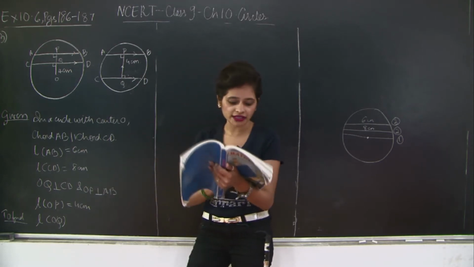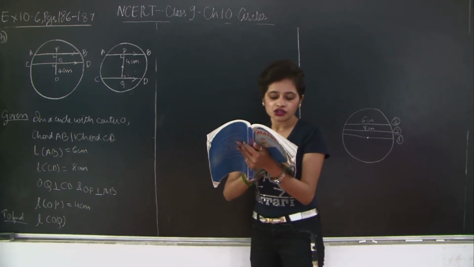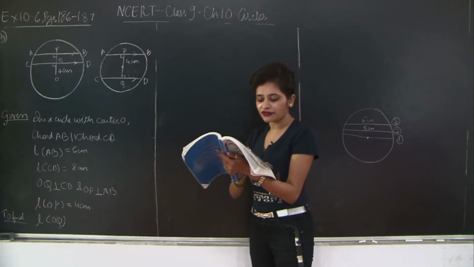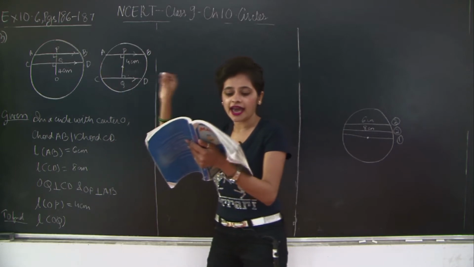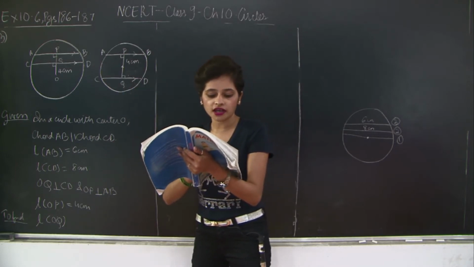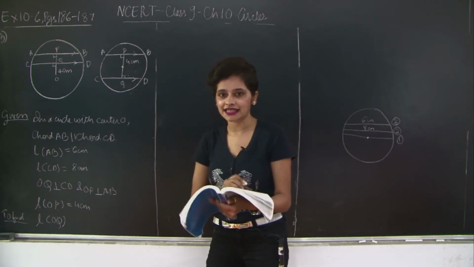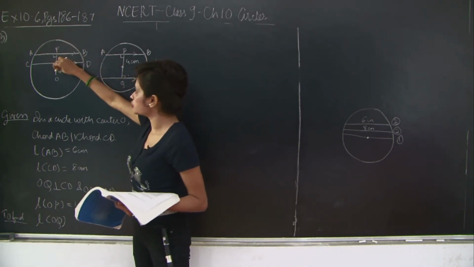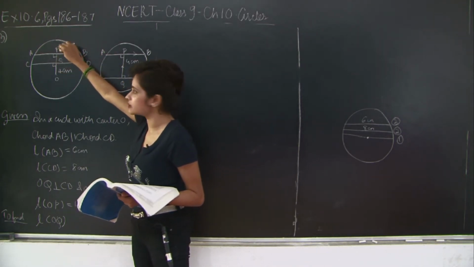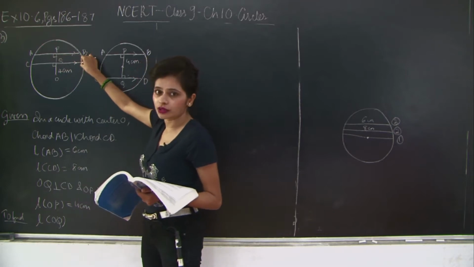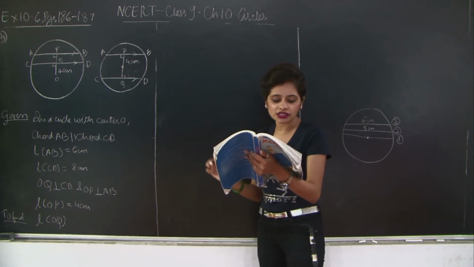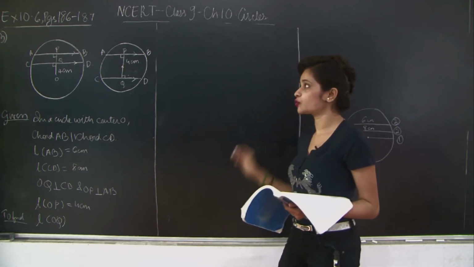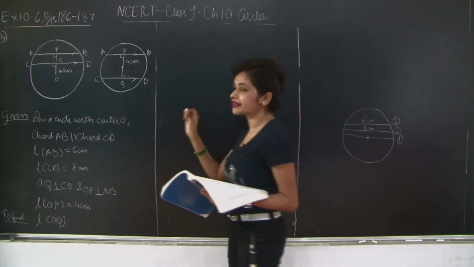Okay, I'll repeat what is written again for you. So the lengths of two parallel chords of a circle: I have two chords AB and CD that are parallel to each other, and the two parallel chords of the circle are 6 centimeters and 8 centimeters. So this chord which is further away from the center will be 6 centimeters and this chord CD will be equal to 8 centimeters. If the smaller chord is at a distance of 4 centimeters from the center, which is my smaller chord? My smaller chord is AB.